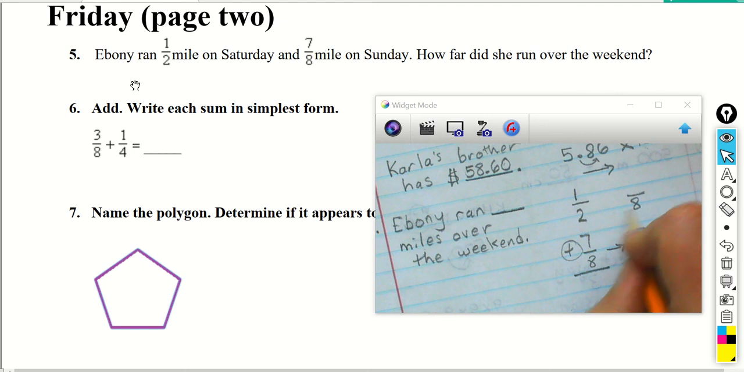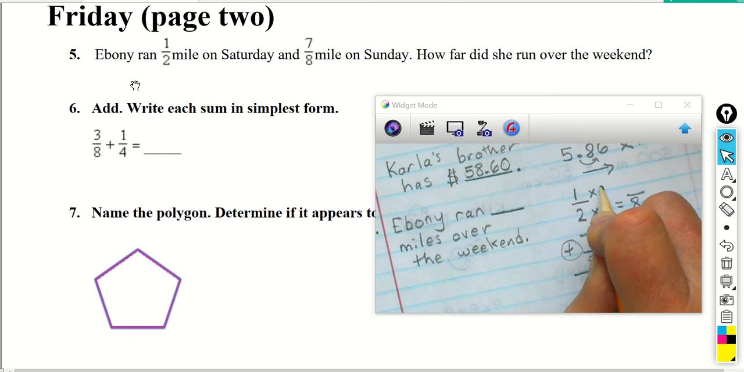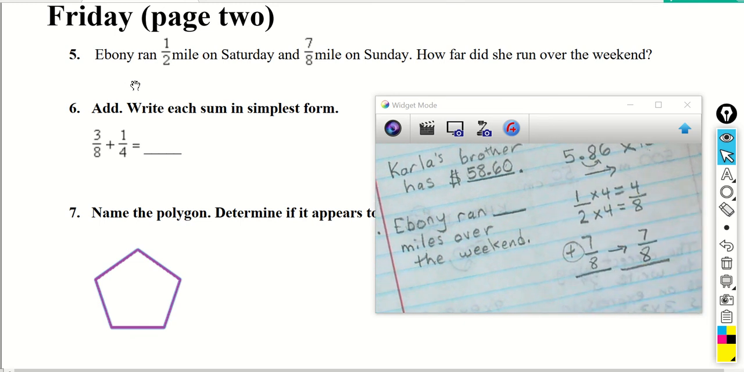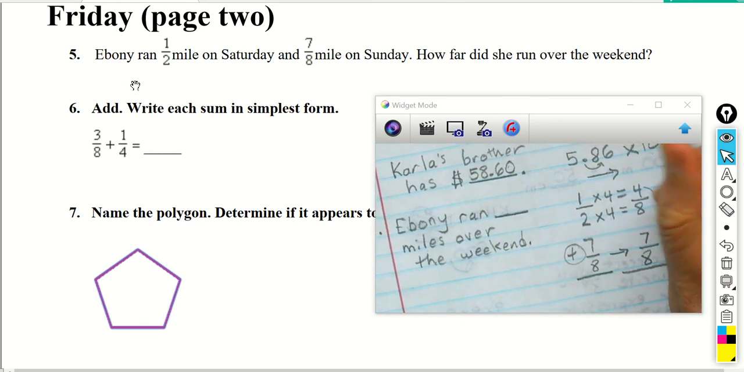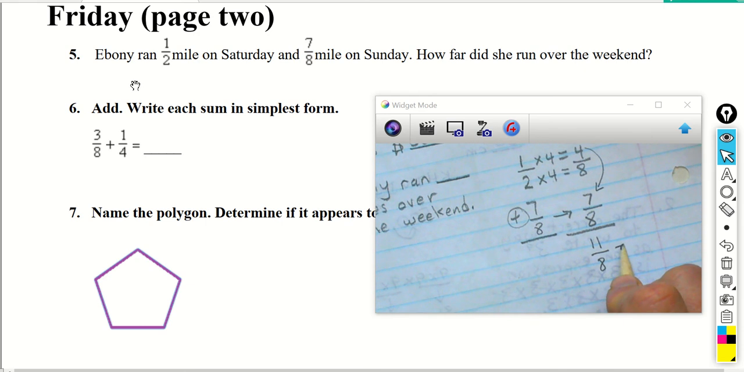But to turn 2 into 8, I have to multiply it by 4. And whatever I multiply on the bottom, I'm going to multiply on the top. 1 times 4 equals 4. Now I'm going to go ahead and add. 4 plus 7 is 11, and that's over 8. Now I have this awkward improper fraction, which is a lot better if I turn it into a mixed number. I do that by dividing